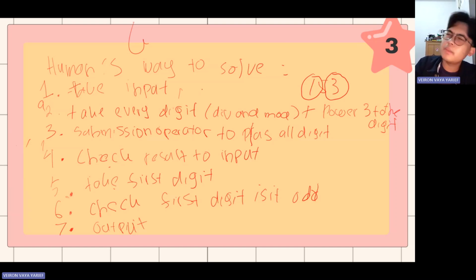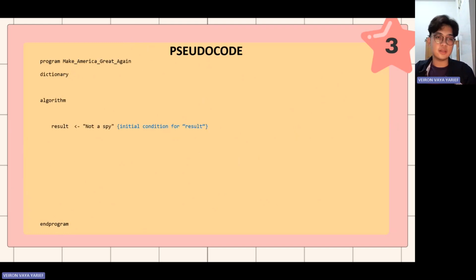Take input. Okay, maybe in this we have one input, right? What I want you guys to understand is, we use a loop here, but the input is only one. So the input must be on the outside of the algorithm. So we go to solving the problem as code.